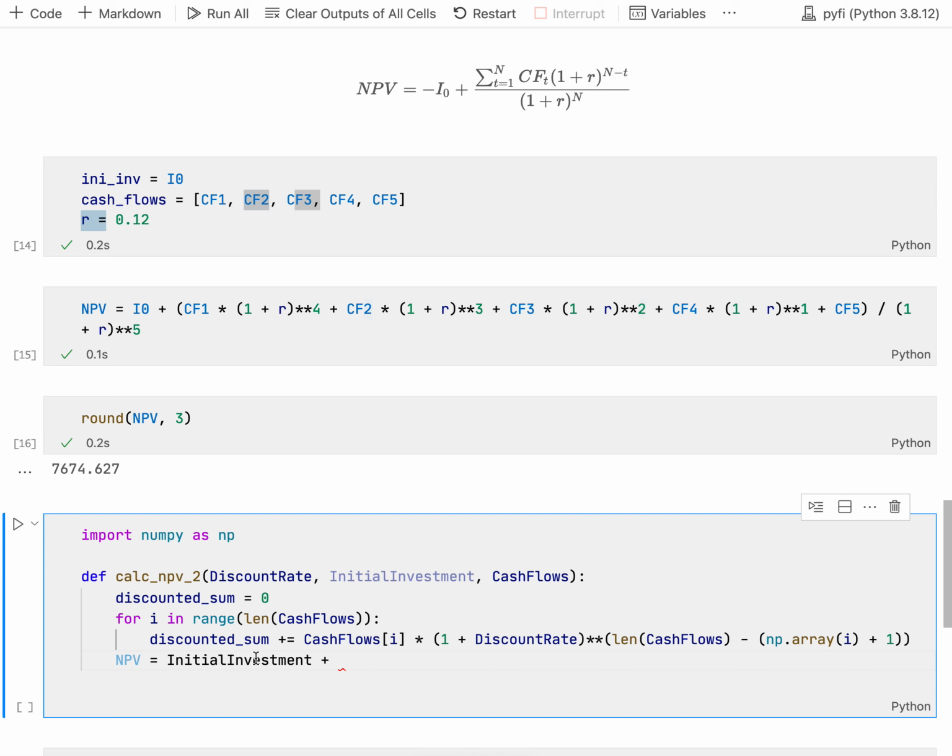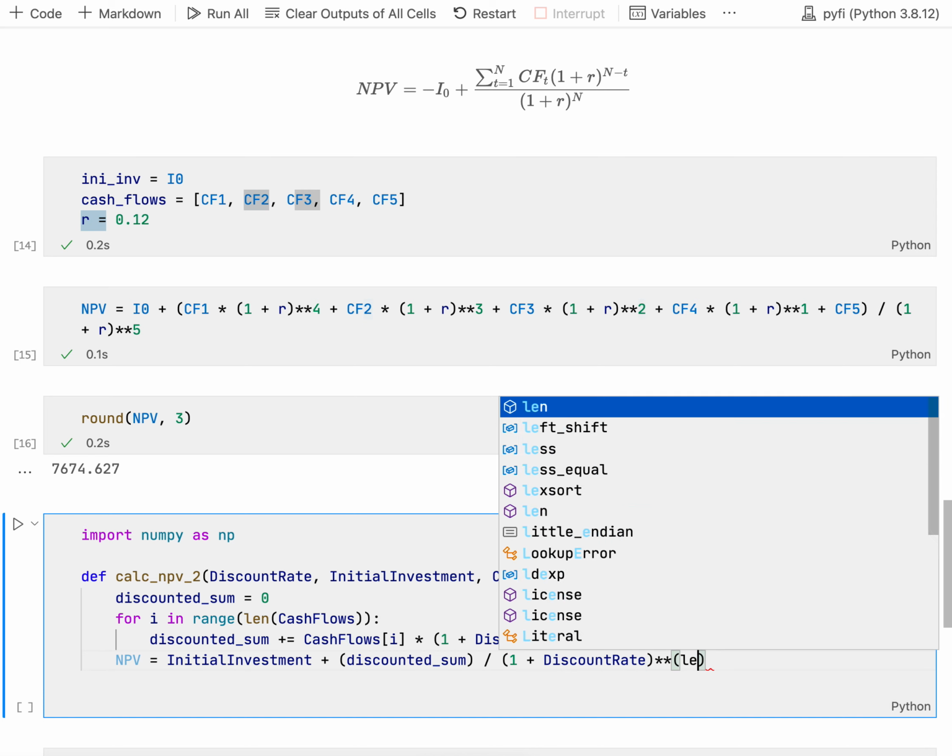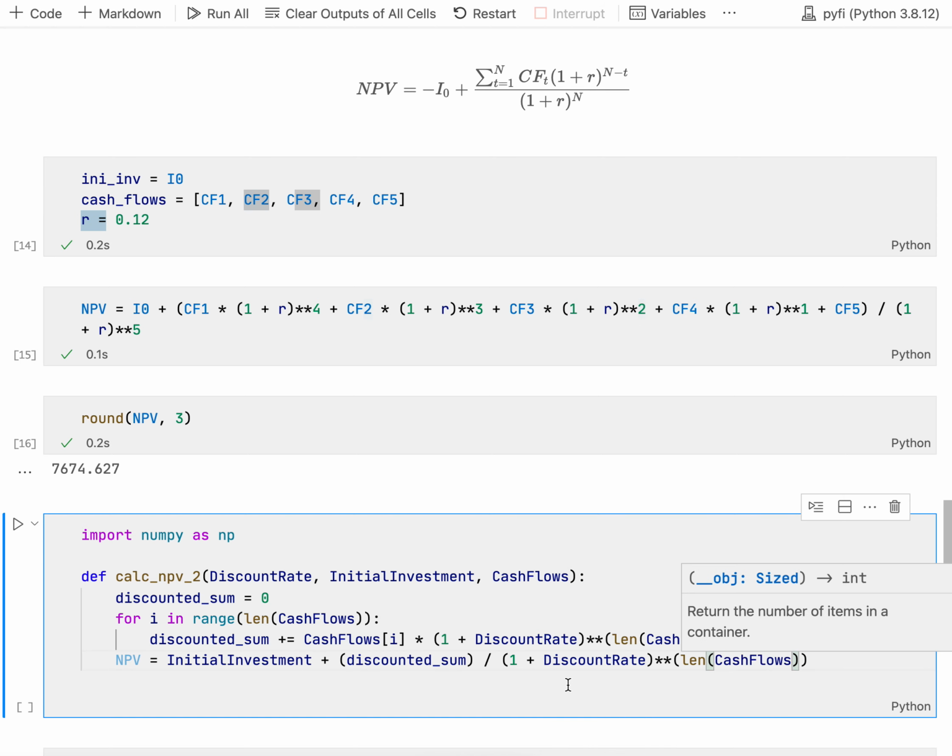Remember, the initial investment needs to be given as negative, which is already the case in this variable that we're going to be substituting later, plus the discounted sum that we have calculated here, that has been populated by the compounded values of the cash flows added. And this discounted sum is going to be discounted by 1 plus r raised to the power of capital N, which is going to be equal to 1 plus, what is this r? Remember, it needs to be the discount rate, raised to the power of the length of the cash flows. Okay,